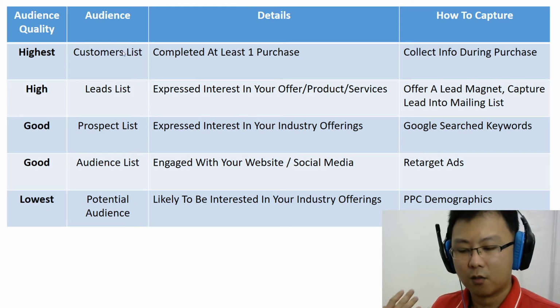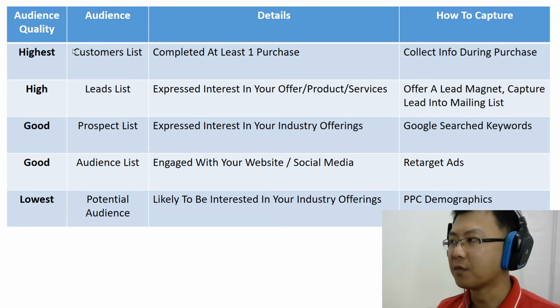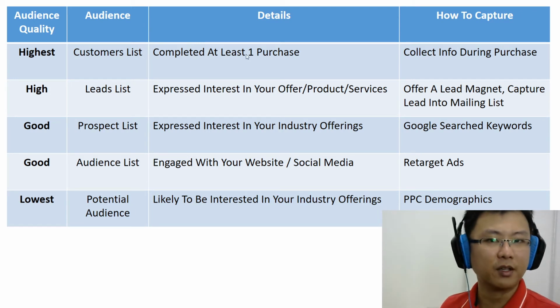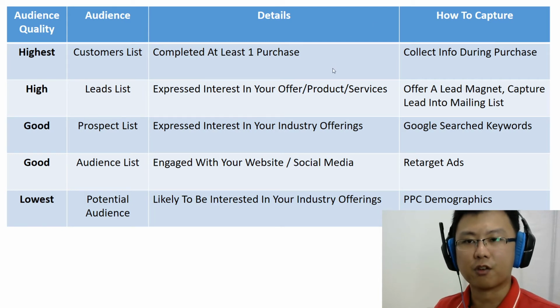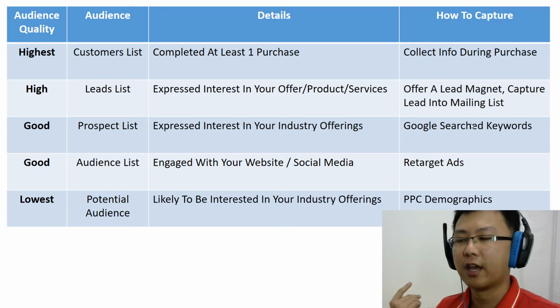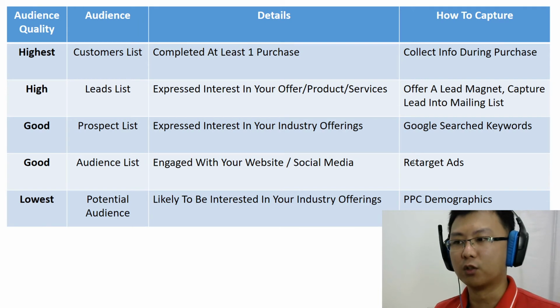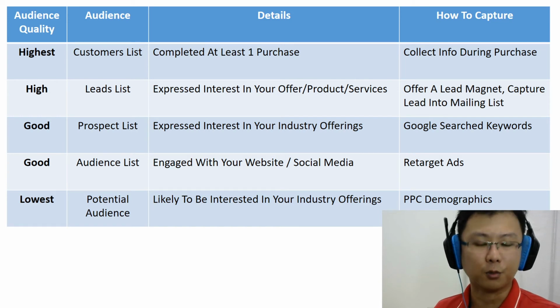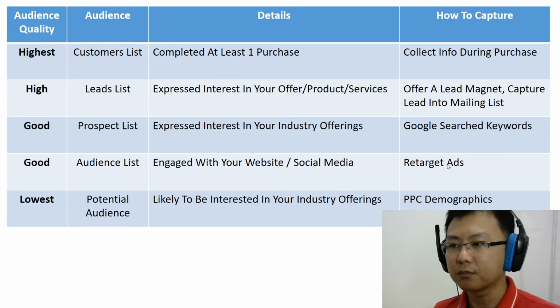Now, one of your business's intellectual property, one of your business assets, is your customer list. Okay, so the higher we go on this table, the more important the audience is to your business. One of the good benefits of running digital ads, it doesn't matter if you're running it on Google or Facebook, is that you're able to build an audience list. An audience list, in my definition, is just anybody who engages with your social media here. So what we want to do with this type of audience is run another type of ad to ask them to fill out a form to give you their contact information, so you can regularly send them offers and communicate with them.